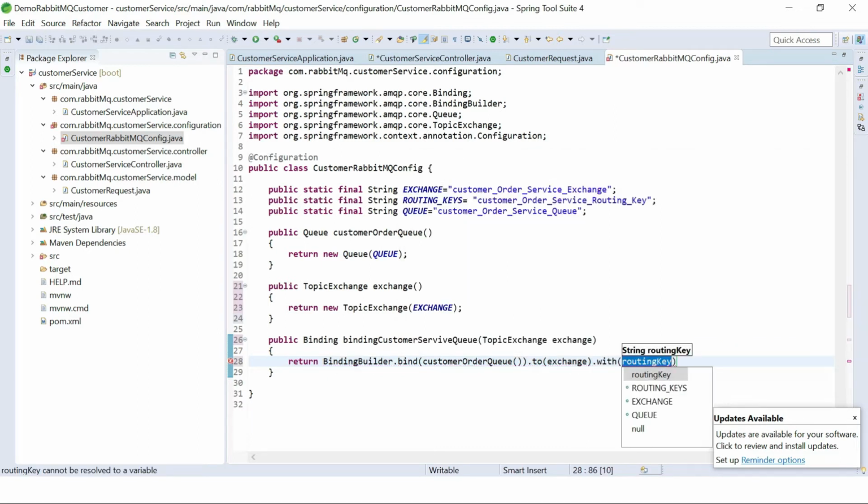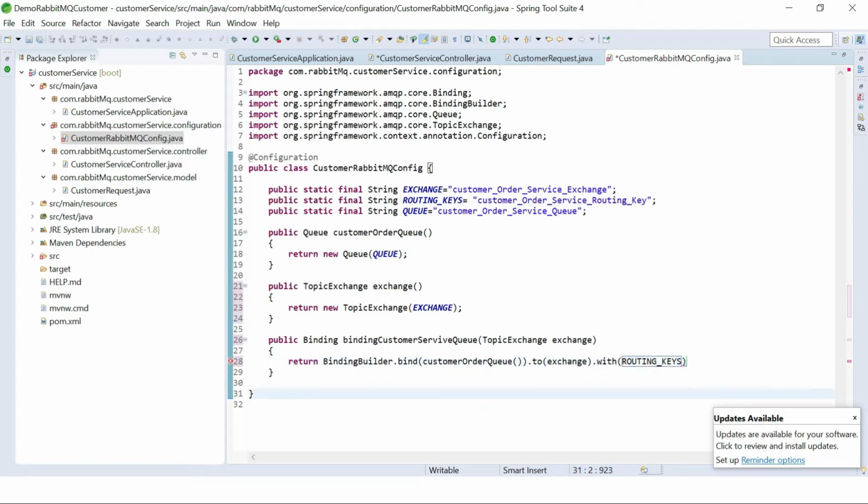Okay, and the routing key is this one. So I think you understood, right? This is our queue name, this is our exchange name, and this is our routing key. Okay, now it is bound.